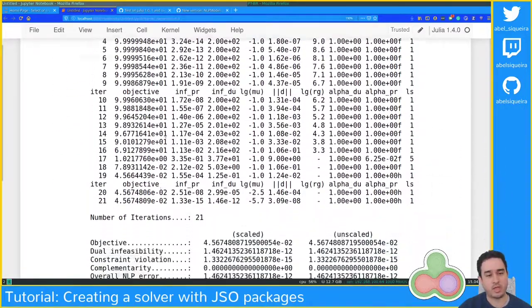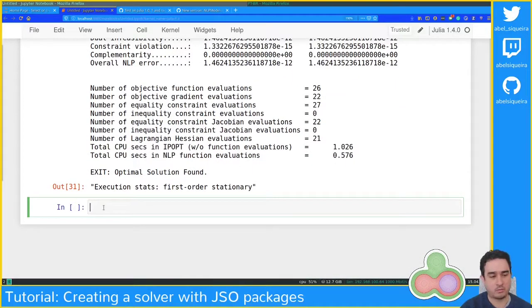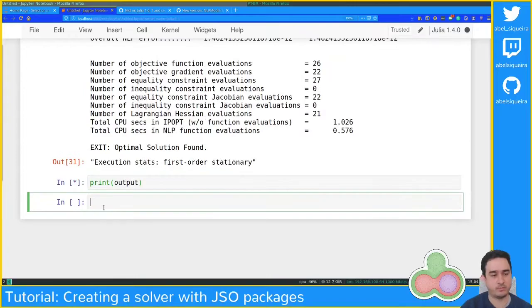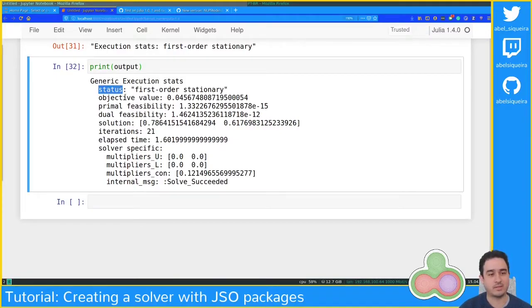So here is the IPOPT output as usual, and print output is gonna print the same information that we have provided for our SQP solver. It has a status, objective value, primal and dual feasibility, solution, and so on. So IPOPT has been wrapped